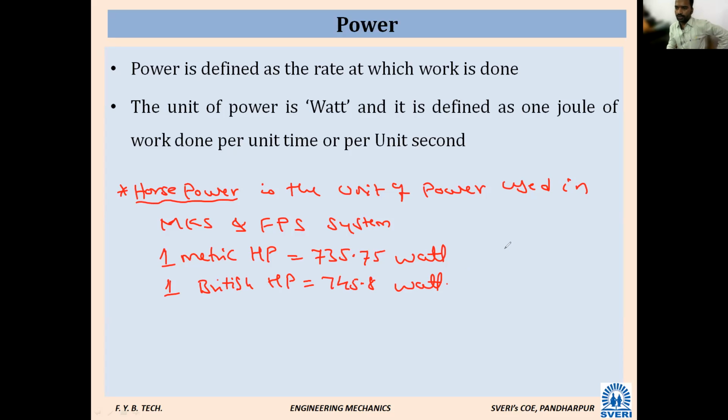Okay, now I will do the revision. So first you have done work. What is work? Force into displacement. What is the unit? Newton meter. 1 Newton 1 meter is equal to 1 joule. Is it correct, all of you? Yes. Coming to the second, energy. What is energy?